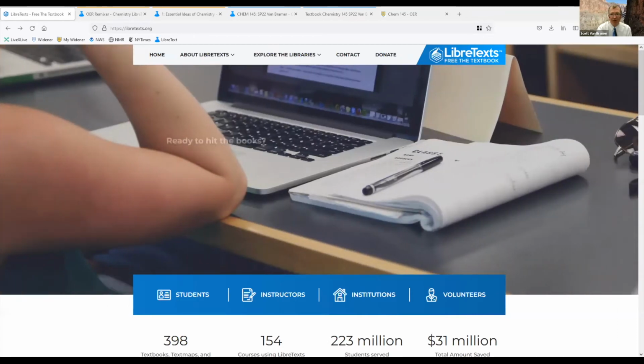I'm going to share my screen if you'll let me. Right now it's saying host disabled participant screen sharing. All right, so now we've got it. Bear with me. Everybody should be able to see.